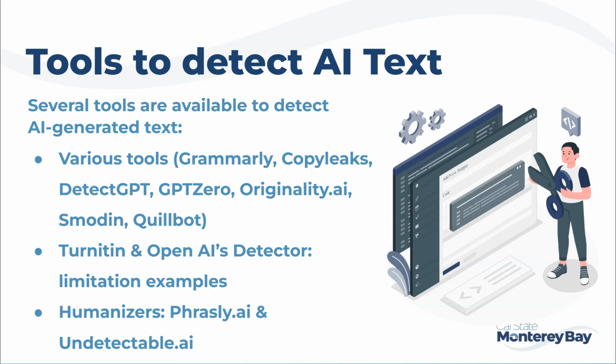In addition, there's a lot of what's referred to as humanizers, which have emerged onto the market. Tools like Phrasely.ai and Undetectable.ai, and these tools are designed to take AI-generated text and make it sound more human by increasing its perplexity and burstiness. Now, these terms refer to the randomness of the text and how the text is written with words in short bursts rather than being evenly, mechanically, distributed throughout the passage.